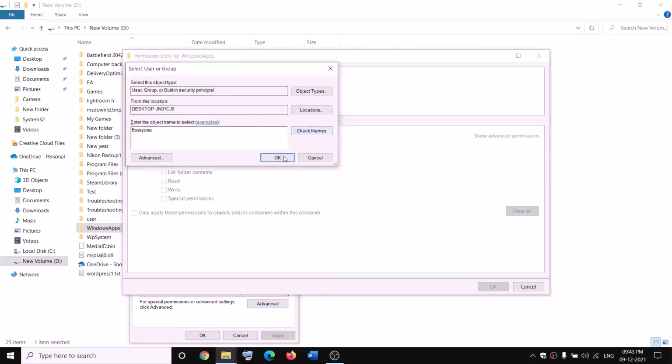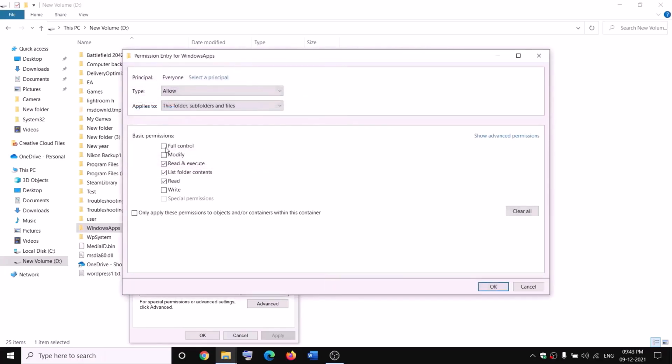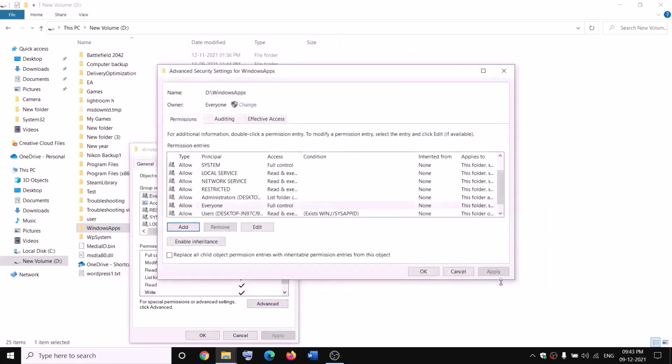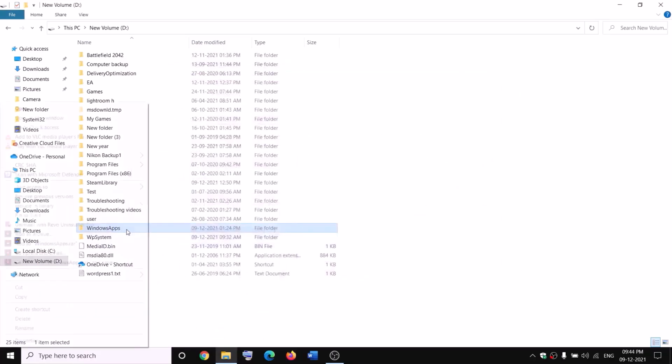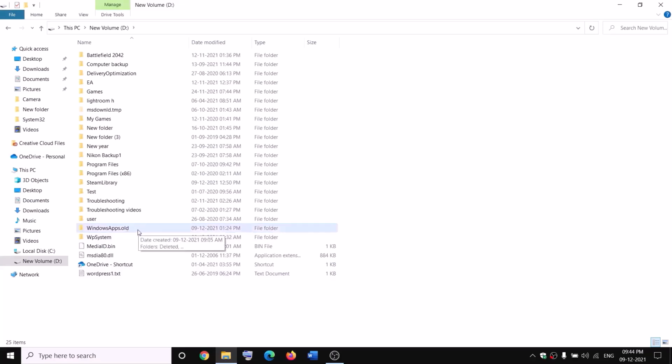check names, OK. Put a check on the box which says full control. OK, apply, OK, OK. Now make a right click on Windows apps and then click on rename and then rename it as Windows apps.old. Now while renaming it, if you receive any kind of error message which says file is open,